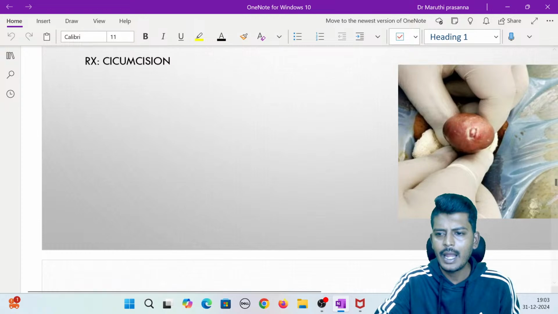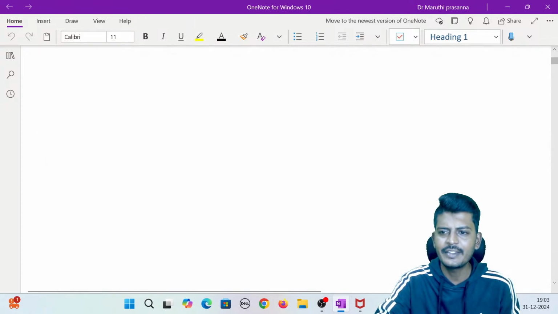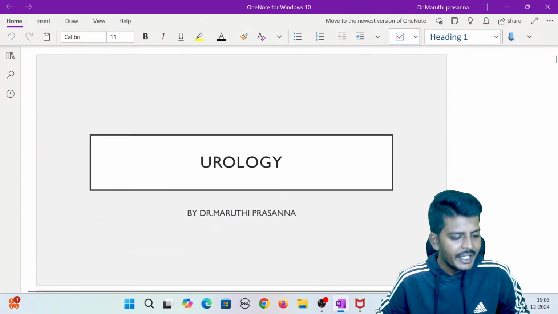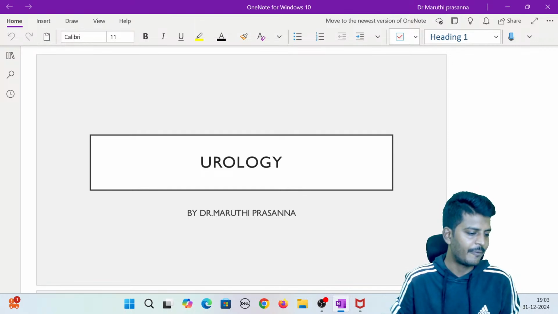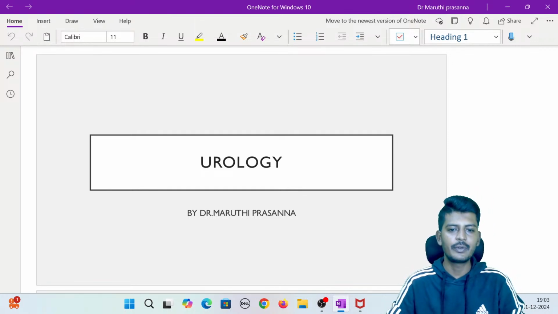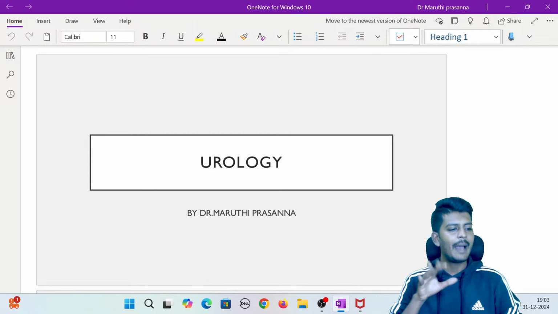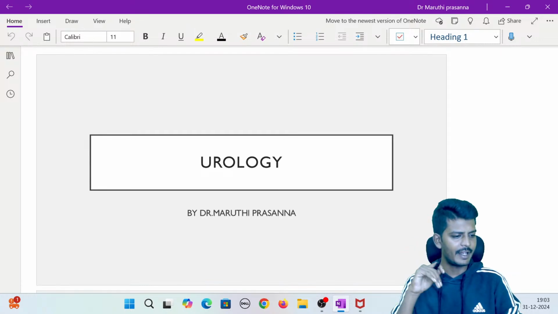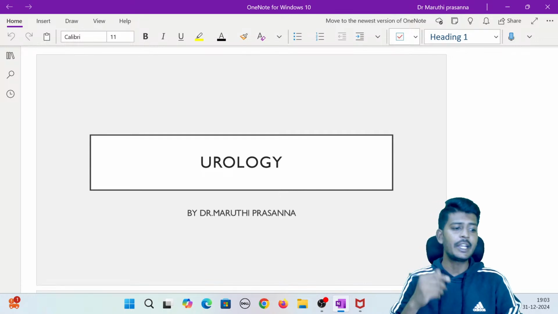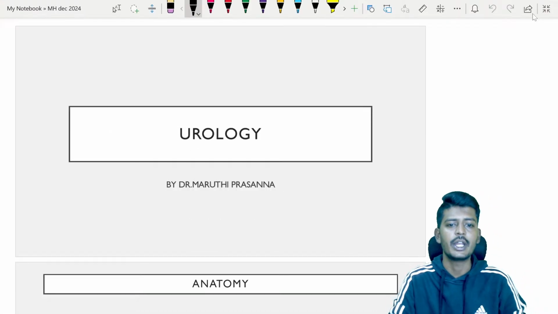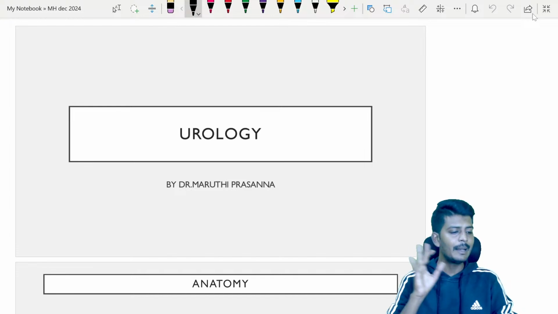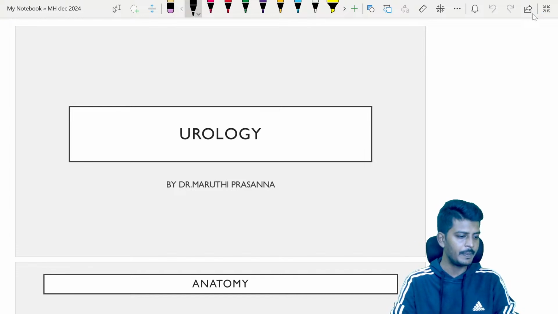Most of you have studied general surgery very well, GI surgery very well. I know that for a fact because most students tend to ignore two parts of surgery. Most students study general surgery very well and systemic surgery only the GIT part, and they leave out one part of surgery, that is urology. So today's main focus will be all the previously asked question-based topics of urology and a little bit of general surgery also.